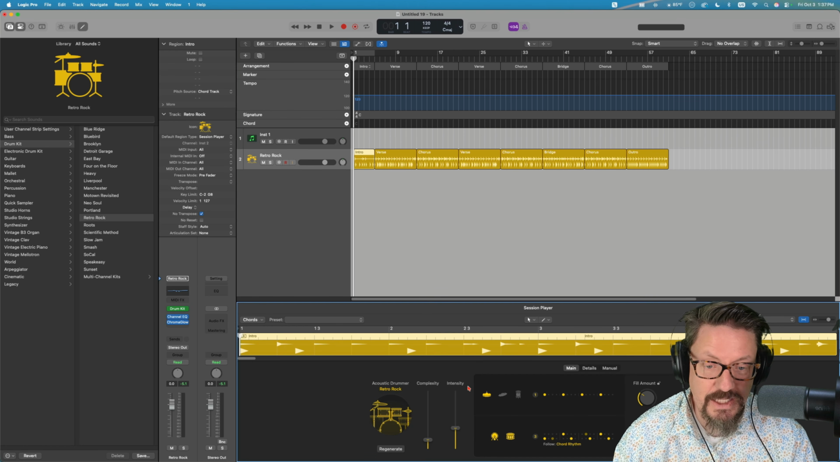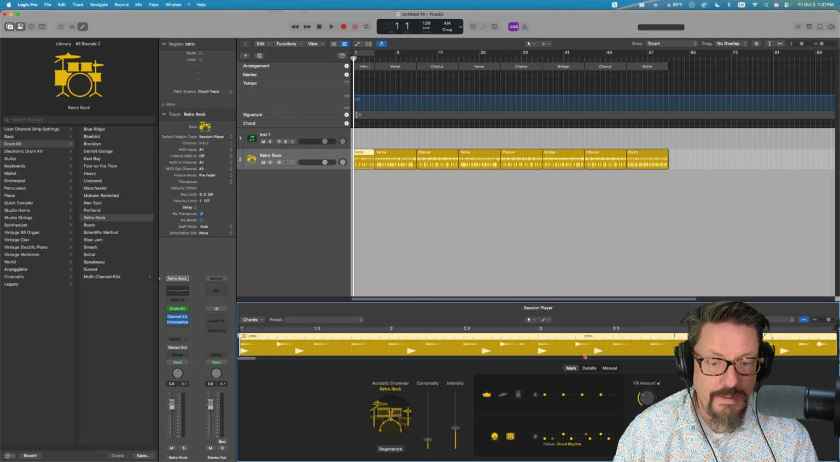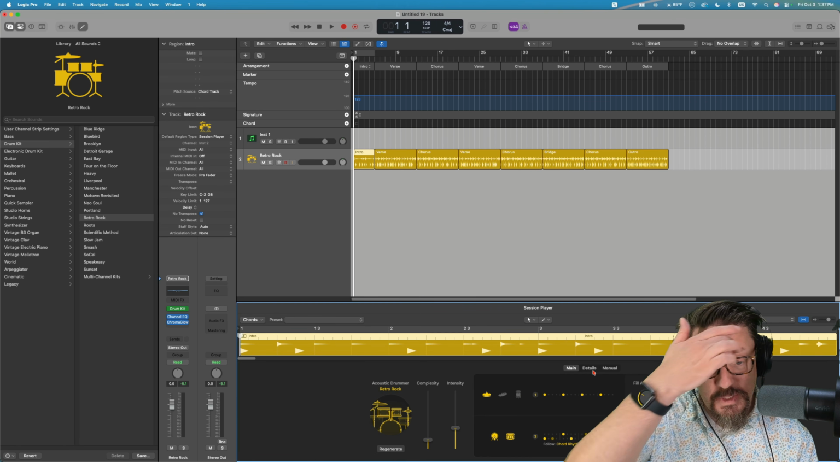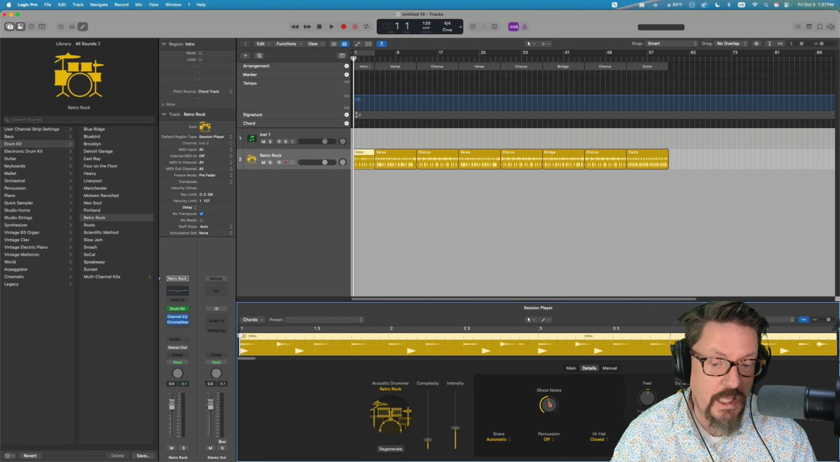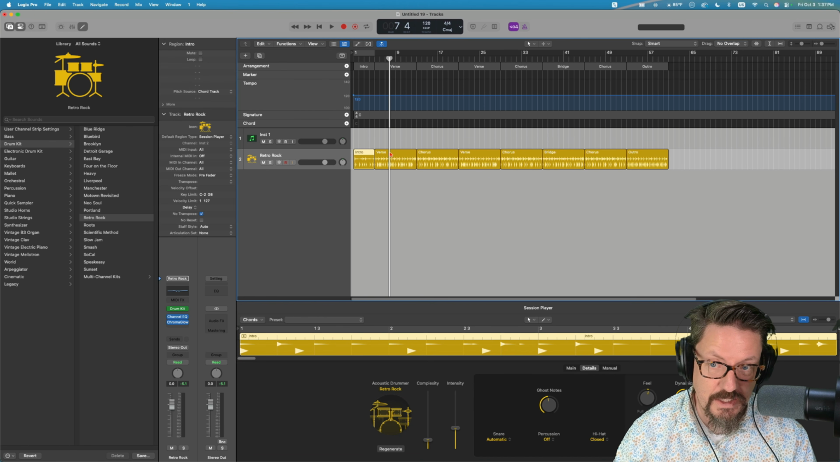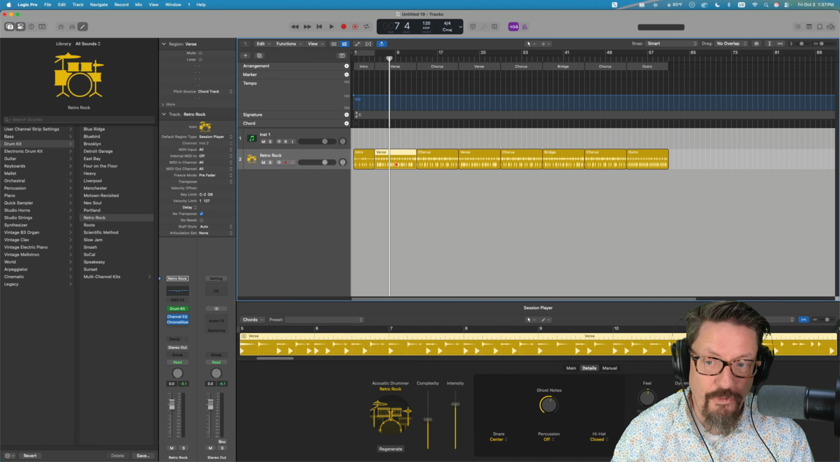We can adjust all of the parameters. We can change the rhythm that it's playing, the instrumentation that it's using. We have a lot of things with like ghost notes and the feel and dynamics. We can change the overall part. And this is actually one big difference, I think. If I like that